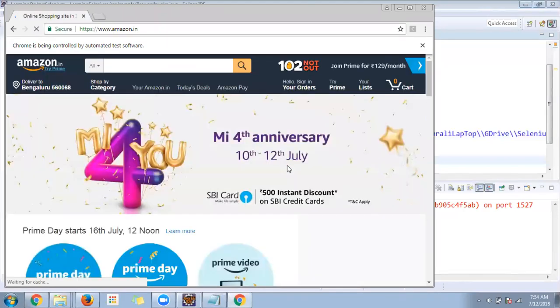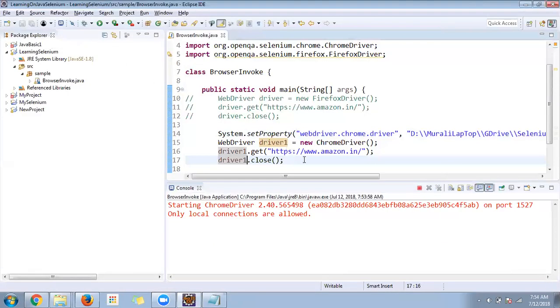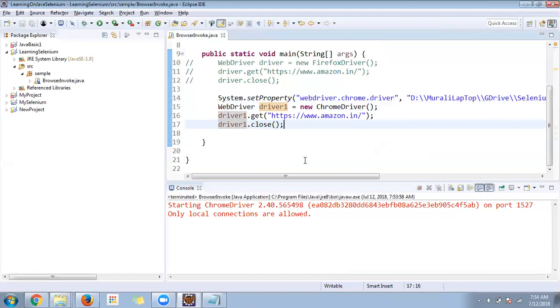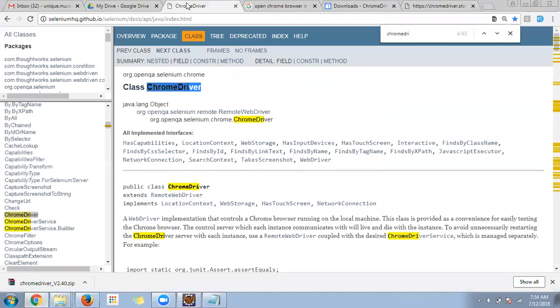Open the browser, enter the URL, then finally, after loading, close the browser. So simple. Same thing if it is the Internet Explorer browser, the steps are the same: copy paste. The only thing is, right now it is Chrome. So if I go here, the Chrome browser is what we gave. Same thing if it is the Internet Explorer browser,